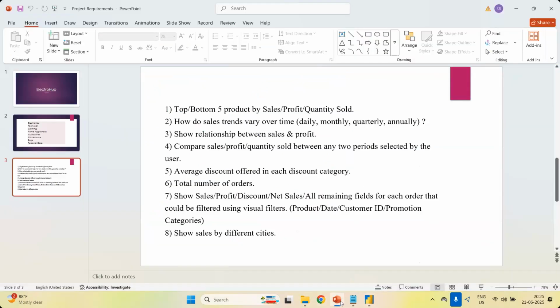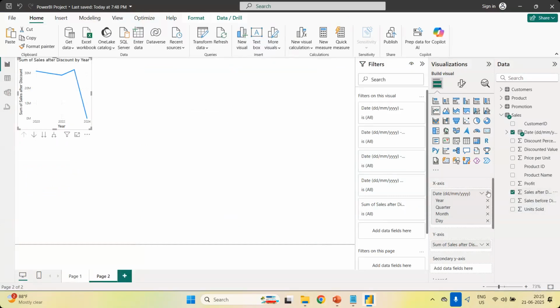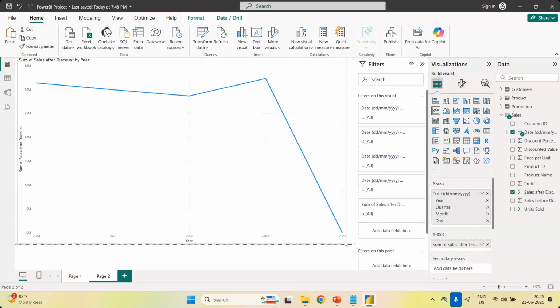Sales trend. So sales trend means I want the sales. So sales after the discount, total sales, because at the end I'm going to get the after-sale money only. After giving the discount only, finally the person will get that money. Okay, before the discount, what are the money you are seeing? That money anyways we are not going to get. Right? So now here